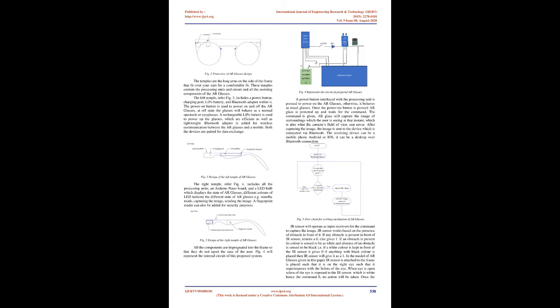B. Sensor. Whenever there is a need to capture images, the left side of the eye is closed for a particular period of time, and the IR sensor senses the input based upon the obstacle, i.e. a binary digital system, 0 and 1. When the eyes are closed, the IR sensor senses the obstacle and the output is 1, and when there is no obstacle it gives output as 0.